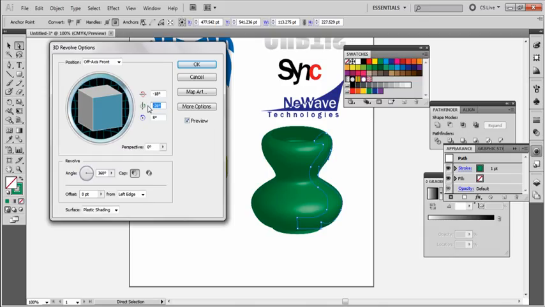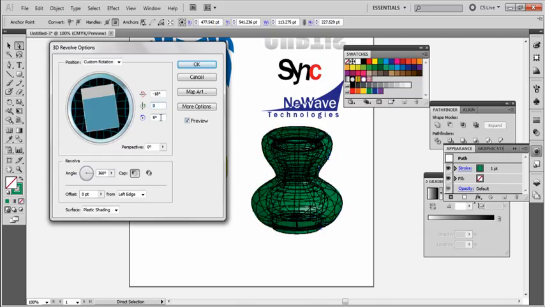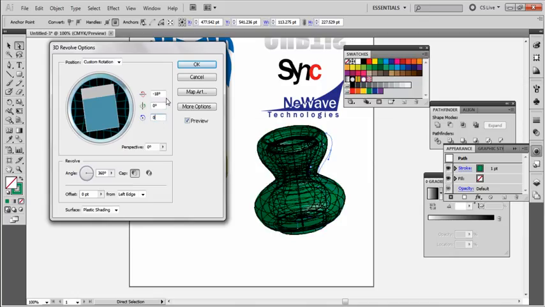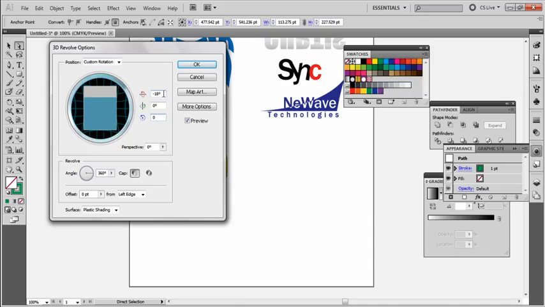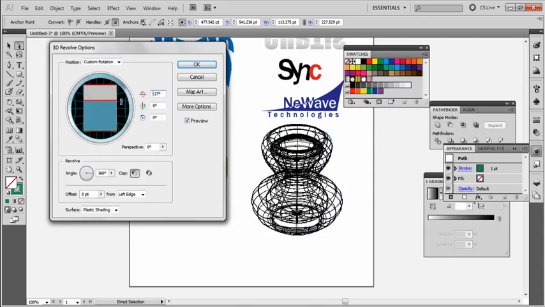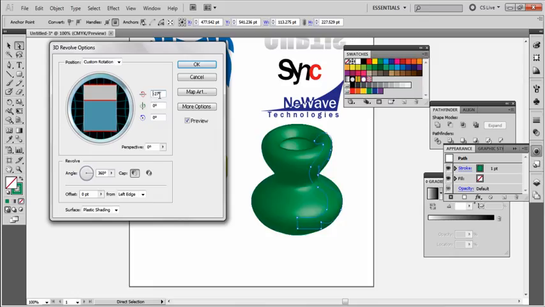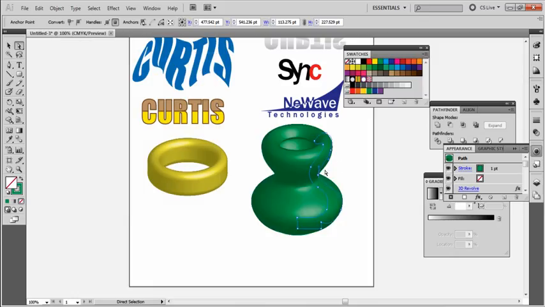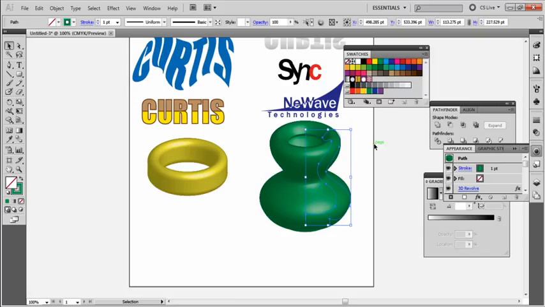Okay, I'm going to change these numbers to 0. And on the top, tilt this down so I can see inside the vase a little better. I got mine at negative 27 degrees. Click OK. And we've got ourselves a little vase. So there's how you make a little vase. 3Ds are fun to use, but they can be overused, so be careful. The last thing we're going to do,